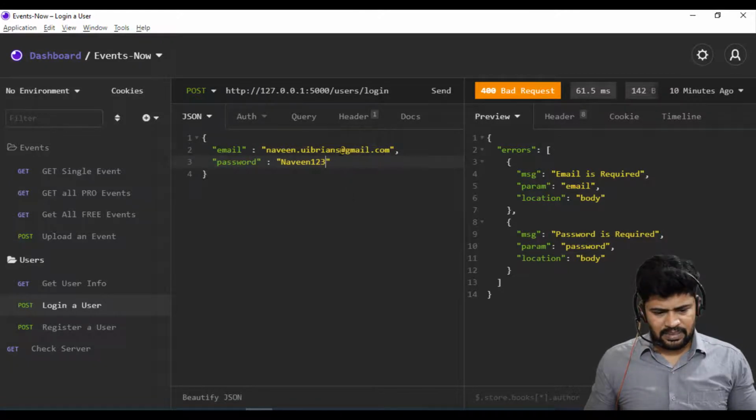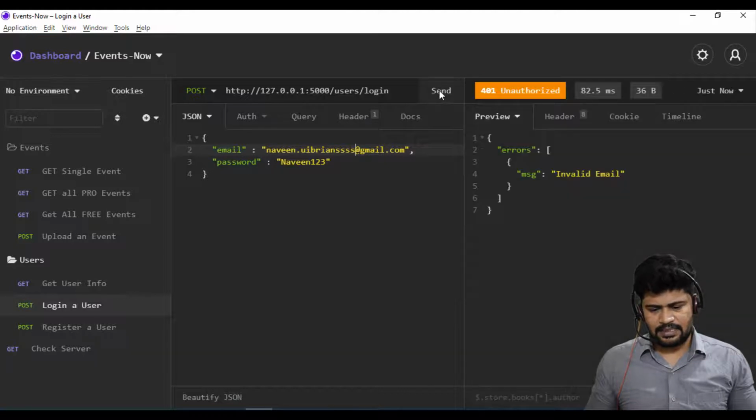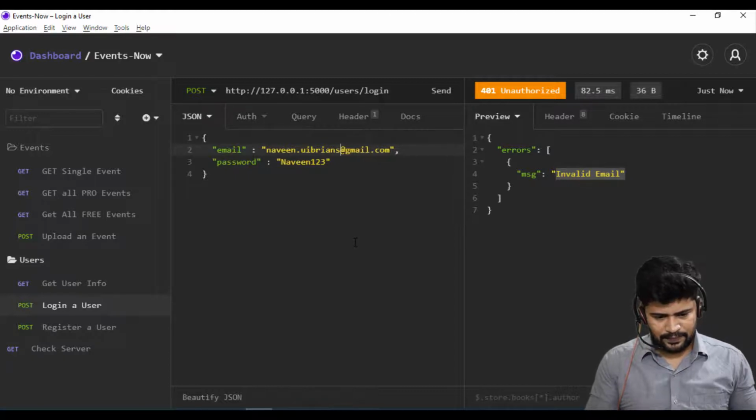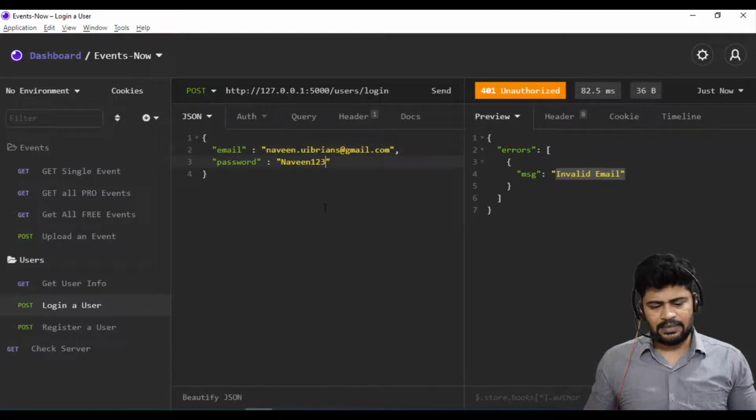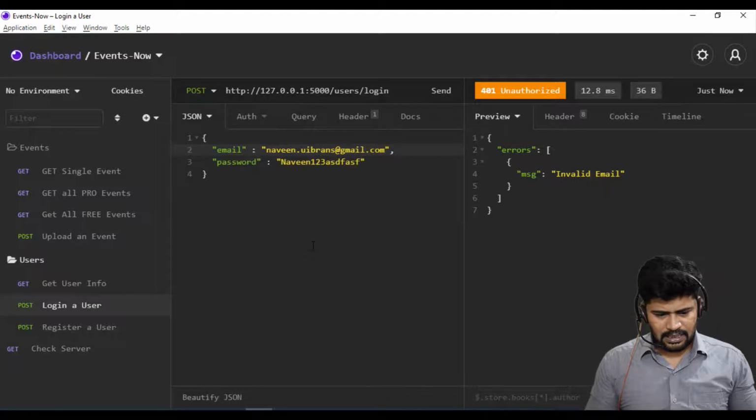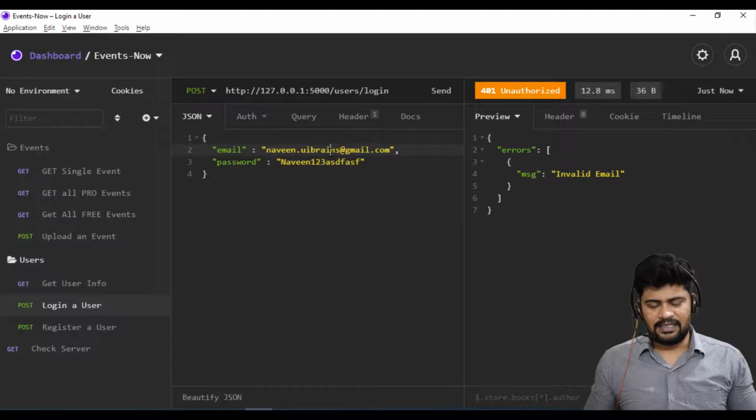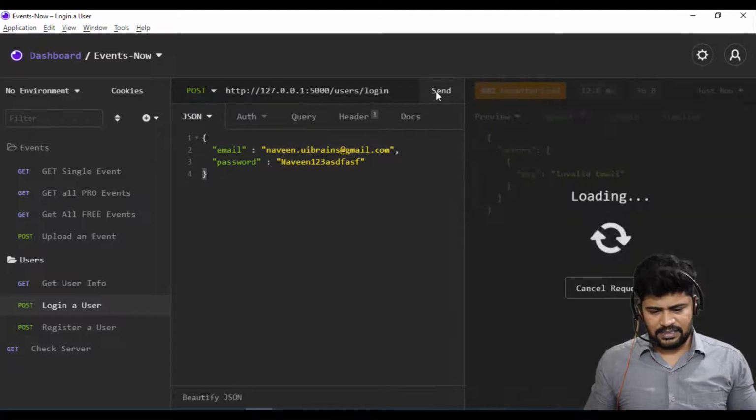Okay, so let me give something wrong. I give a wrong email ID and send it. You get the message invalid email ID. Now I give a proper email ID but a dummy password. If I click send, invalid password. Now with the proper email ID and the password wrong, send it.